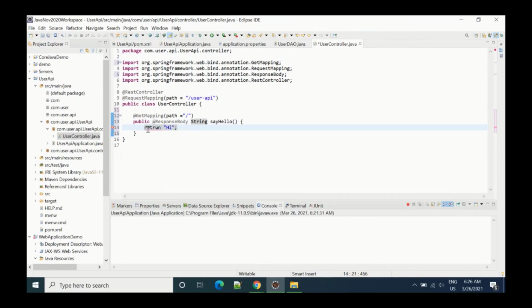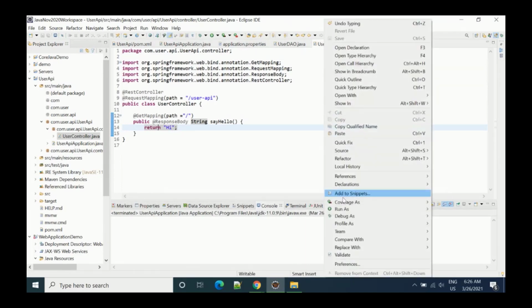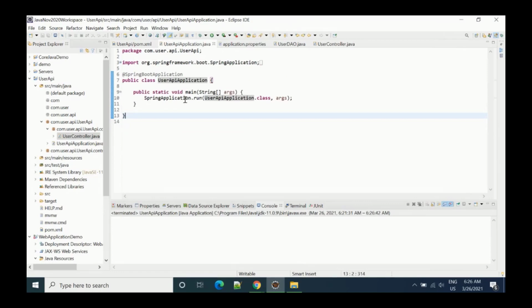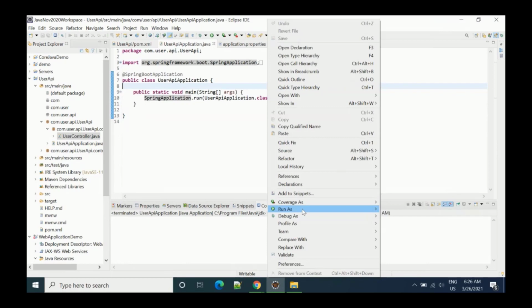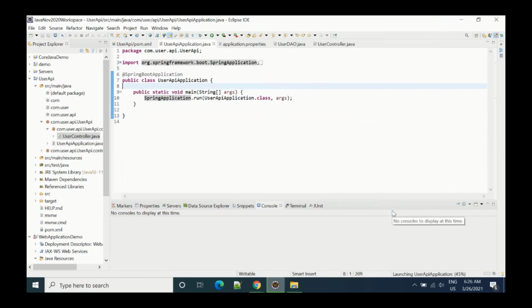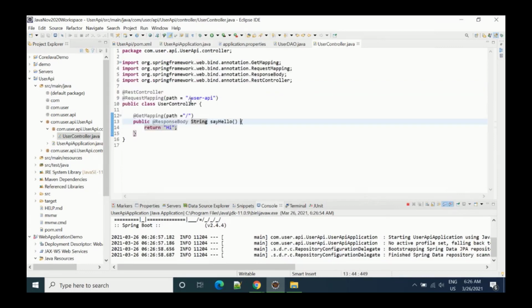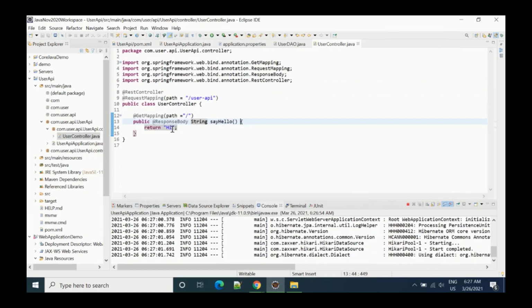Just wanted to check. Save it, and right, let me run it again. Whenever you run, you have to come to this one, UserApiApplication, SpringApplication.run, run this class, and then you can run it. Let's see if I hit user API slash, whether we are getting the message or not.